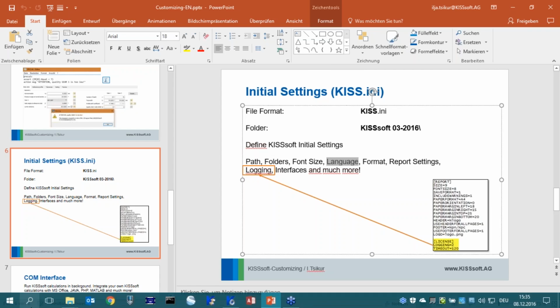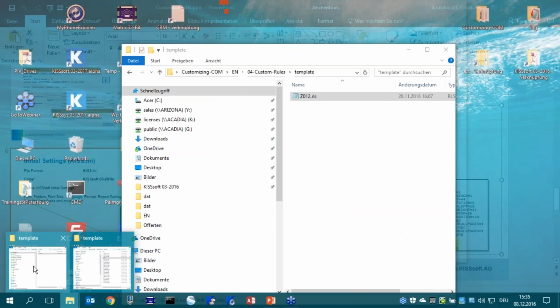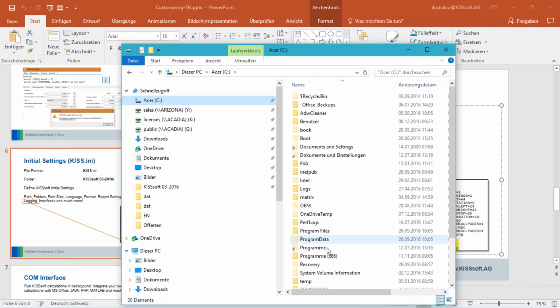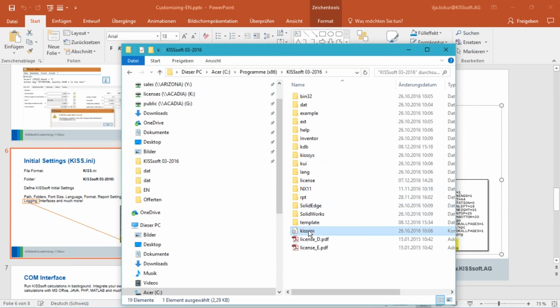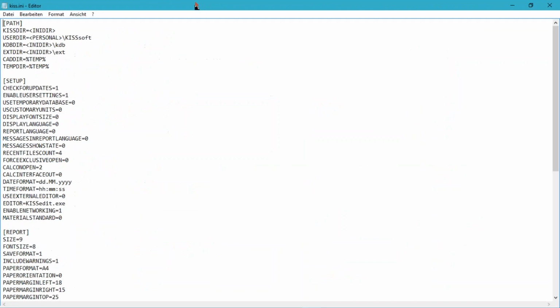This is done just by going to the KISSsoft root directory, and you will find this kiss.ini file right here. If I open it, you can see a bit of the structure of this file. You can set the paths here, for example, where your database is located. For example, if you're using a single user dongle license, so no network license at all, you might imagine that